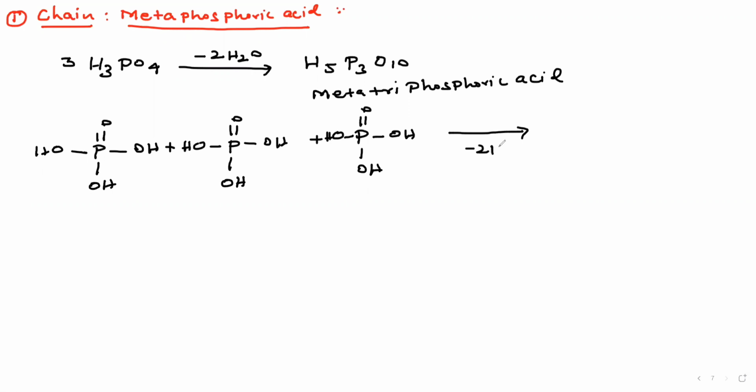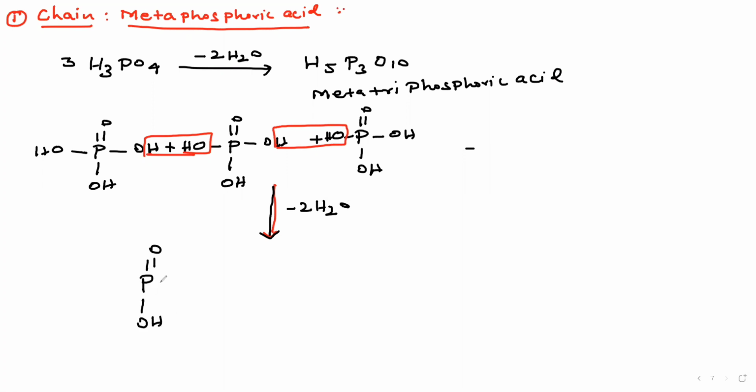Remove 2 water molecules, 2H2O. How can the 2 H2O release? Now this H2O releases and this H2O releases, right? So what is the structure I get? I draw the structure here. See, very important. How many water molecules released? 2 H2O, right? Now, what is the formula? P double bond O and OH, and O, and P double bond O, then OH, then oxygen and phosphorus and P double bond O, then OH. Here also OH, here also OH.